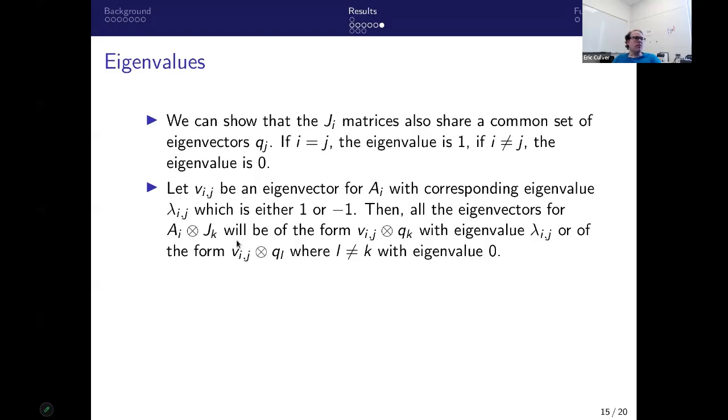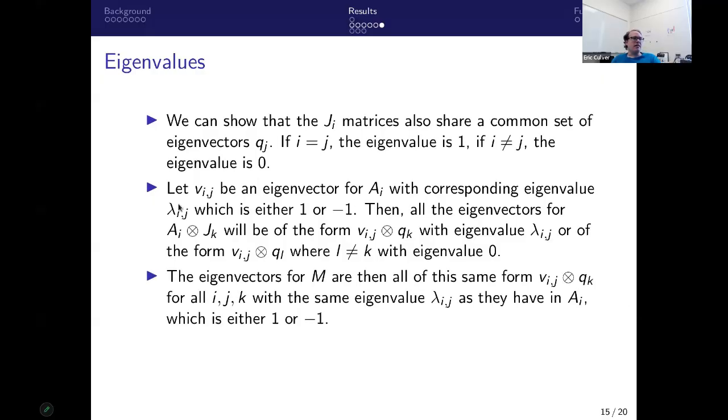Then all the eigenvectors for these A sub I Kronecker product J sub K will be of the form: you take the eigenvector for A and Kronecker product it with the eigenvectors for the J's, and it'll either have the same eigenvector as it did for the A, or it'll be 0 if it's one of the ones that has eigenvalue 0 for the J. And so when you add up all of those A sub I Kronecker product J sub K's to get M, you get all of the eigenvalues being either 1 or -1,